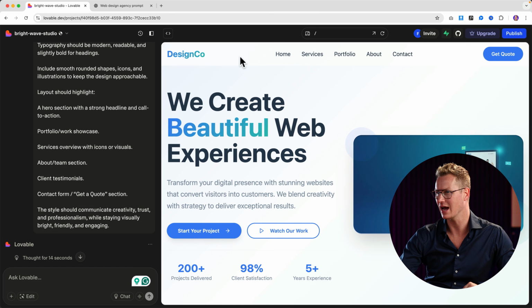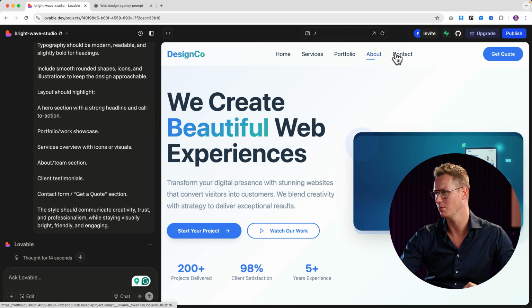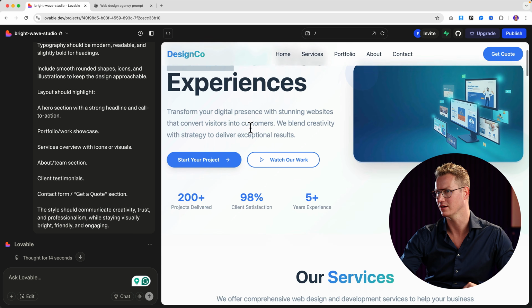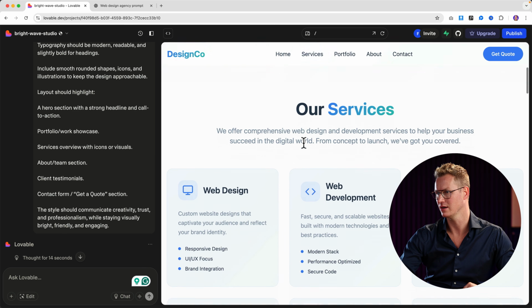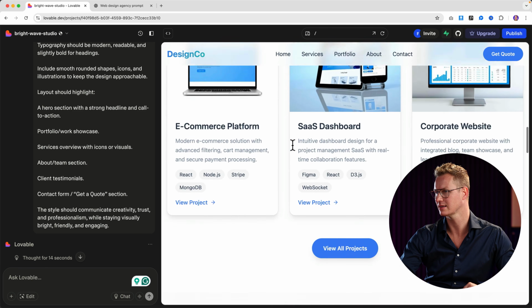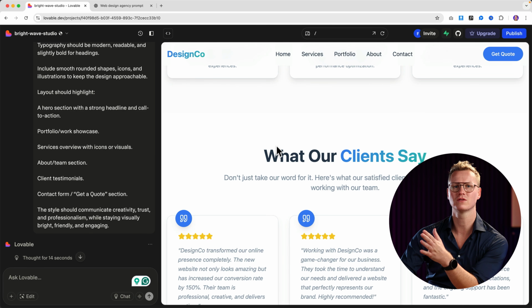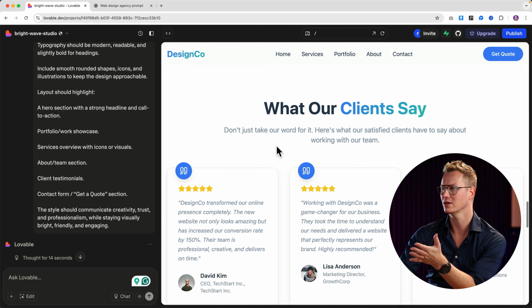Look at this. Design Co, home, services, portfolio, about, contact, get a quote. Look at this. One word has a beautiful gradient and that same color that is over here, used over here, is also used here. It's a bluish website. Look at this. Even if you would only use this for reference to make a website using WordPress,